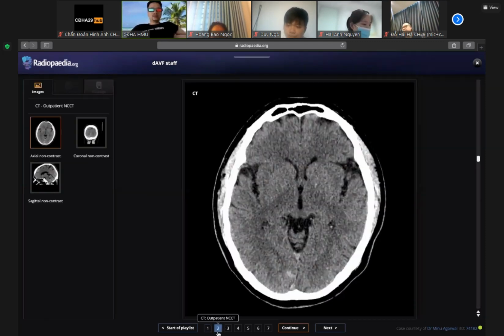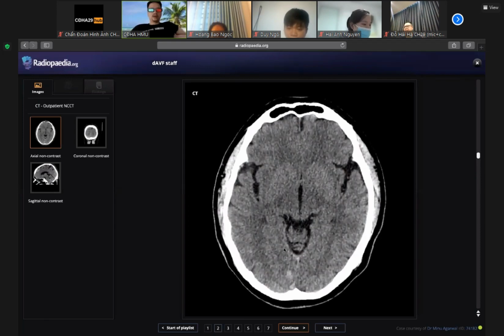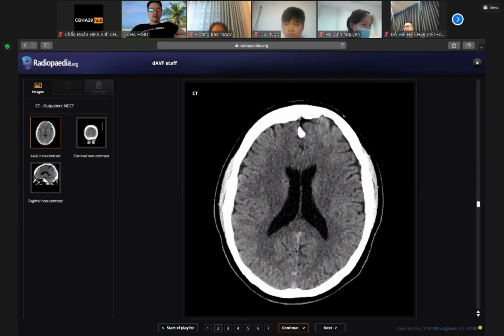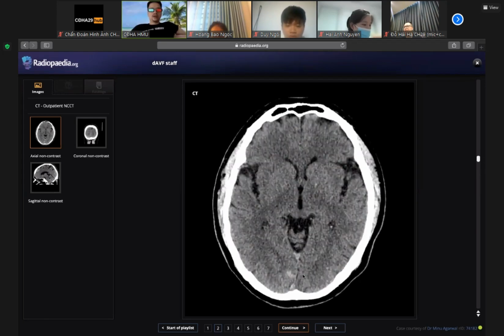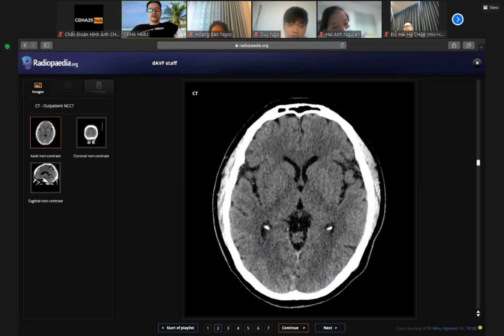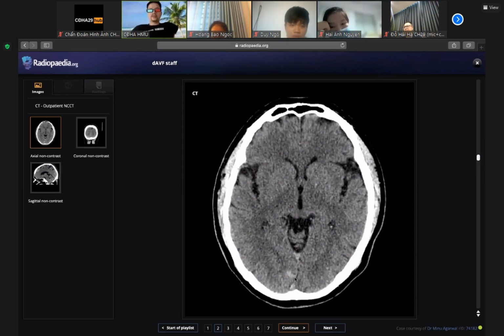On the initial CT scan, based on the clinical symptoms, we can detect a hyperdense structure at the arachnoid space of the left occipital area, which is suggestive of dilated